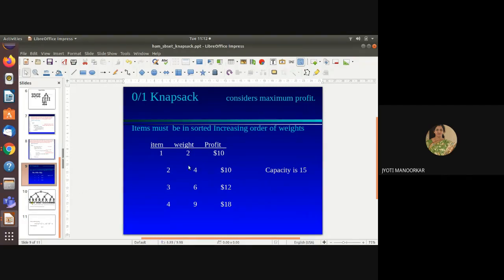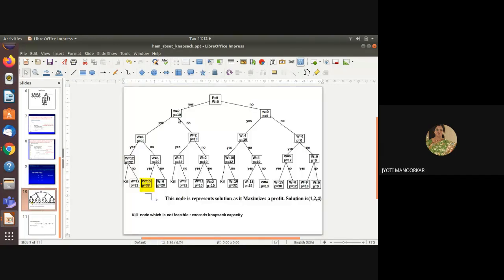Now if we are considering that the first element has to be included, its weight is 2 and its profit is 10, and the remaining capacity we have is 15. Now check the current weight of the atom, that is 2, and the remaining capacity of the knapsack, that is 15. So this 2 is less than 15, right? So we can include the first atom. So we have created an internal node representing the first element and its associated profit.